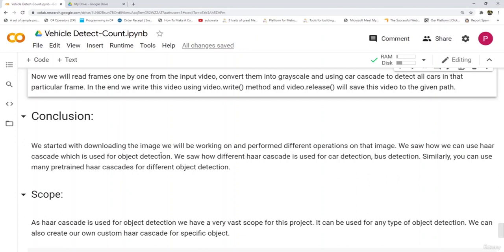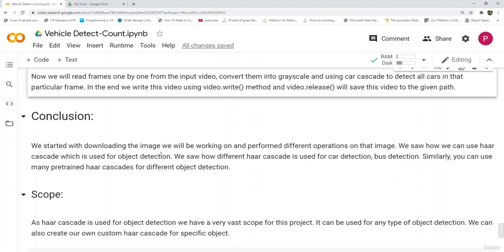Similarly, there are many pre-trained Haar cascades for different object detection. So the scope for this project is very vast, as Haar cascades can be used for any type of object detection. And as I've already told you, you can also create your own custom Haar cascade for specific objects.